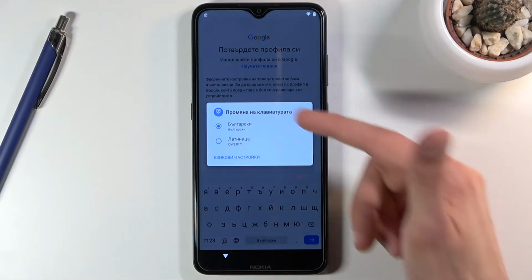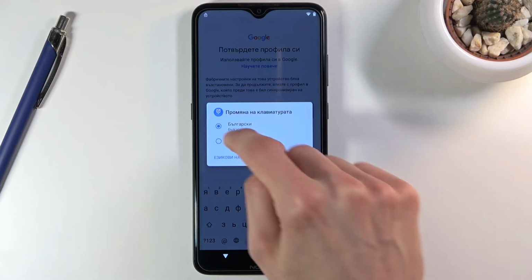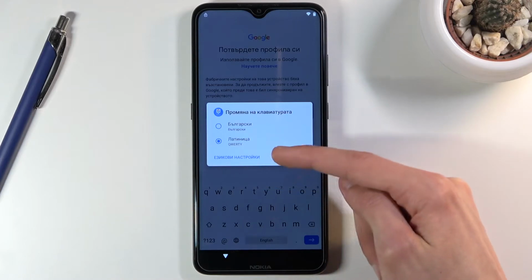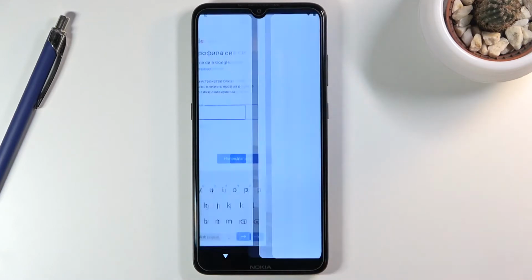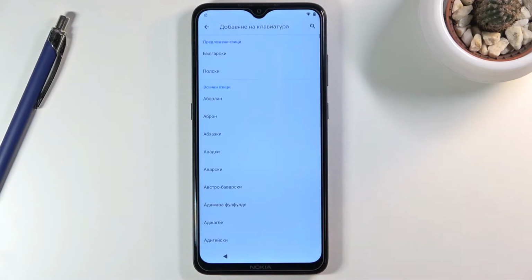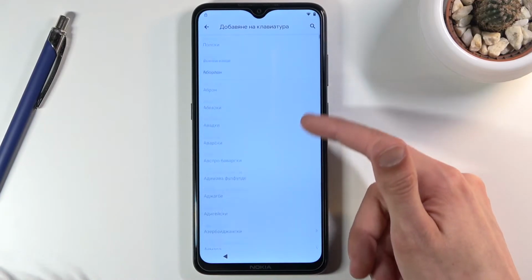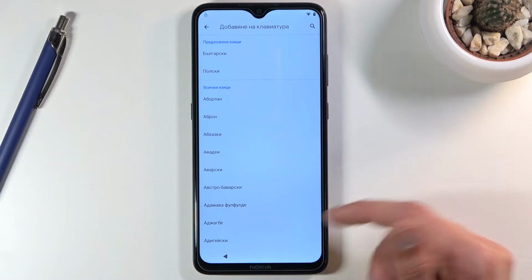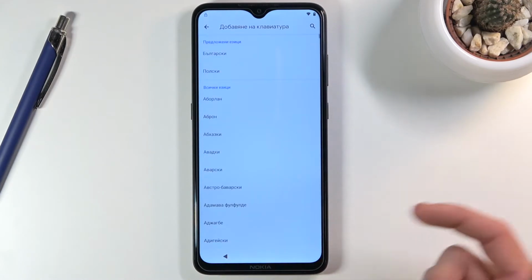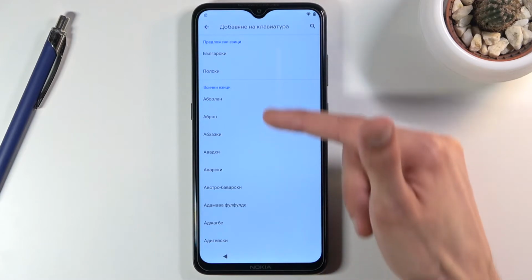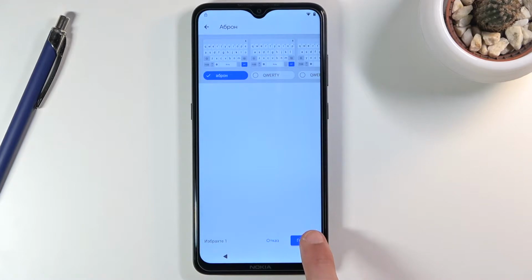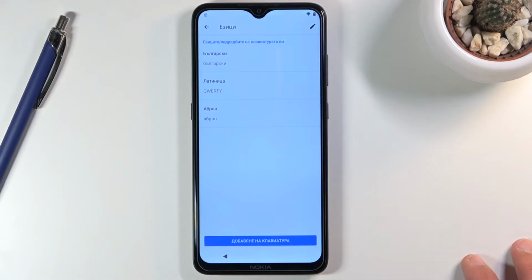Now from here, once you hold it, it will bring up this window. So number one, change it to QWERTY, and number two, hold it again and go to language settings, which is this blue text right at the bottom here. Then tap on add keyboard, which is the blue button at the bottom. And from here you want to choose any kind of option that doesn't have an arrow. If you scroll down, you would have a couple with an arrow, but we're interested in everything right here that does not. So choose one, then tap on add, and there we go,